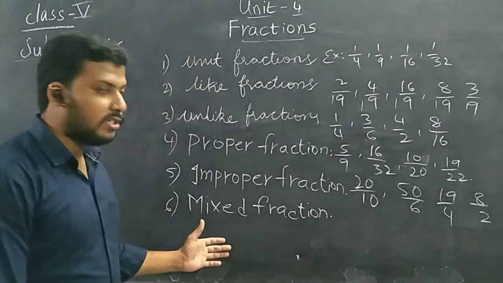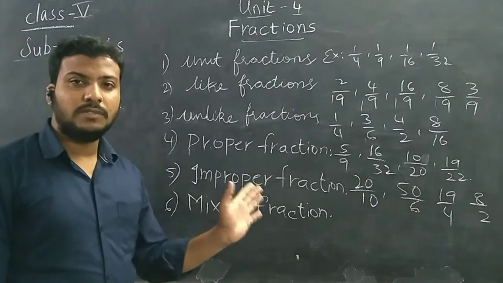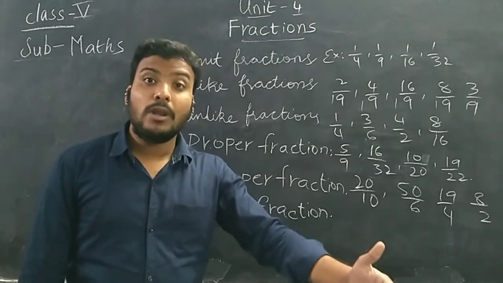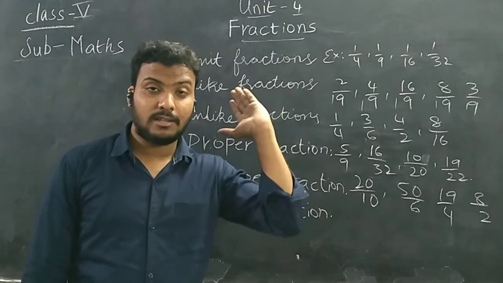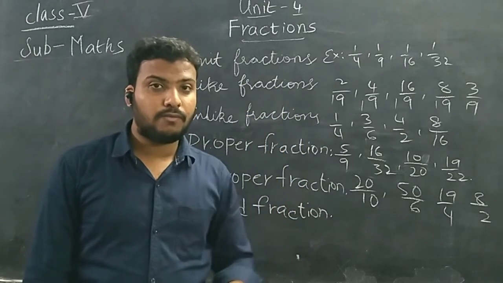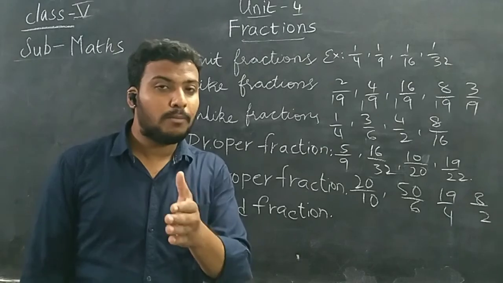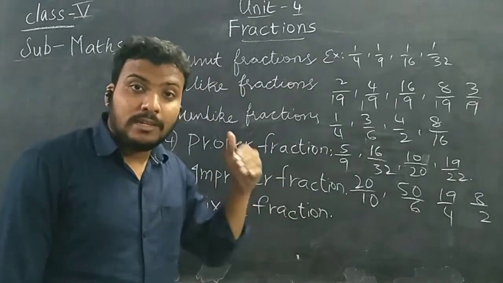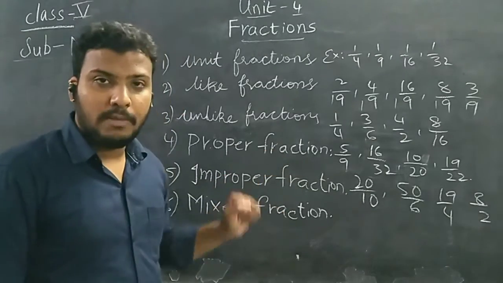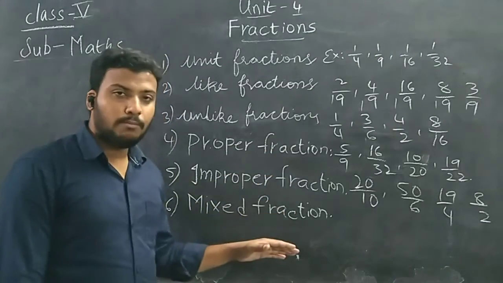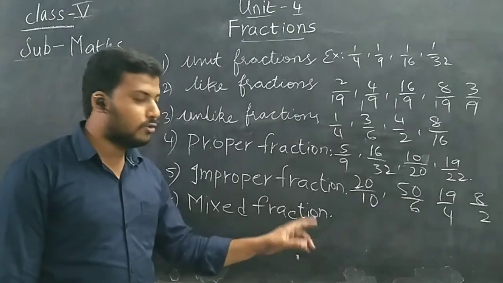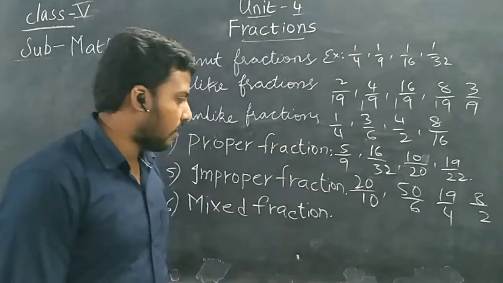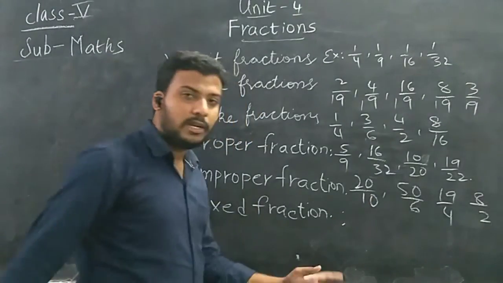So here a mixed fraction is nothing but a combination of a whole number and a fraction. I already said at the starting that a whole number is not a part of the fractions. A whole number is not a part, but here it is a part. We should include whole numbers only in the mixed fraction, children. So whole numbers are included in the mixed fraction. It is a combination of whole numbers as well as a proper fraction. So we will see only one example regarding this, children.